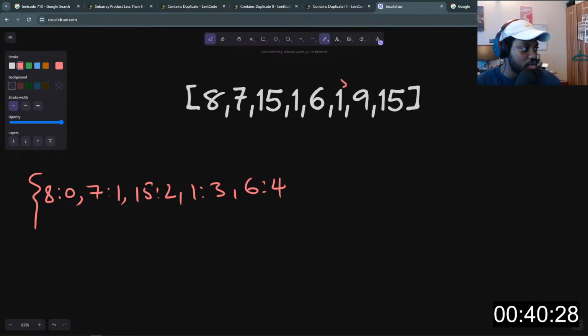This will be 5 6 7. So we have a duplicate here. So the previous occurrence of this here is at position 3, index 3.